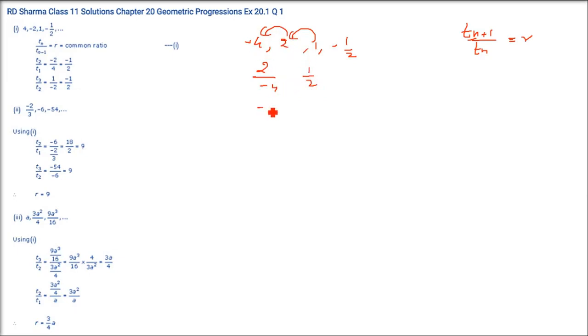So we have this minus 2 by 4, that is minus half, and this is 1 by minus 2, that is going to be minus half. So both the times the common ratio is coming as minus half. So common ratio is minus half and this sequence is in the GP. Similarly here